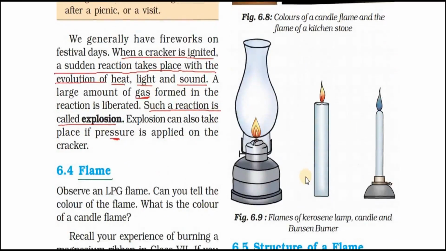Now look at these three types of flame up here. The flame of a kerosene lamp, a nice flame, where we can see three different zones. This is zone number 1, this is zone number 2, and then zone number 3. We are going to see about these three zones in the subsequent part. Then a flame of a candle where you can see again three zones. The zone number 1 at the bottom is more reddish, means less hot. Then zone number 2 in the middle part is yellow, and the top part is blue. That's zone number 3.